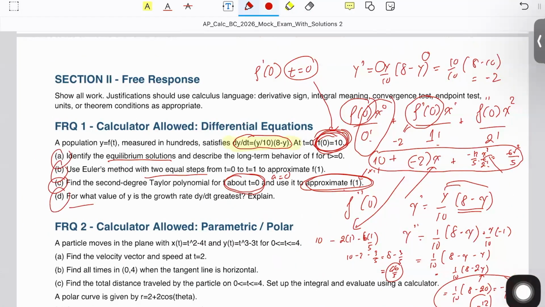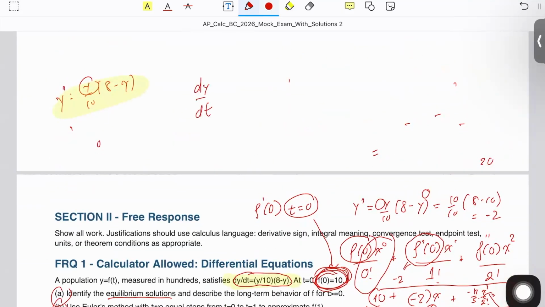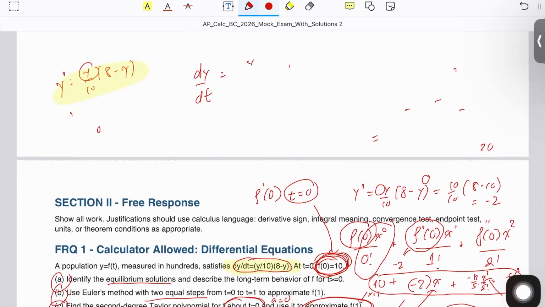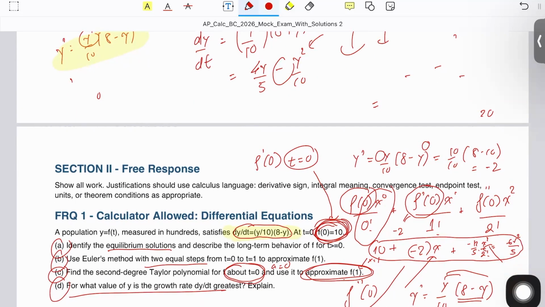Now, for what value of y is the rate fastest? So dy over dt is a function. Remember that dy over dt is y over 10 times (8 minus y). If you distribute it out, you will see this is actually a parabola, right? This is quadratic, with a negative on the front, so a downward parabola. So whenever you hear the word minimum, maximum, the rate is fastest, the rate is slowest,